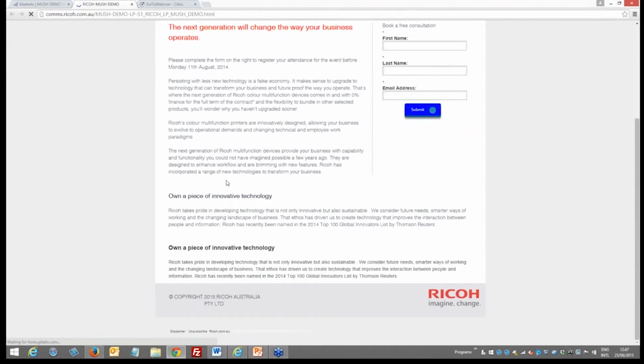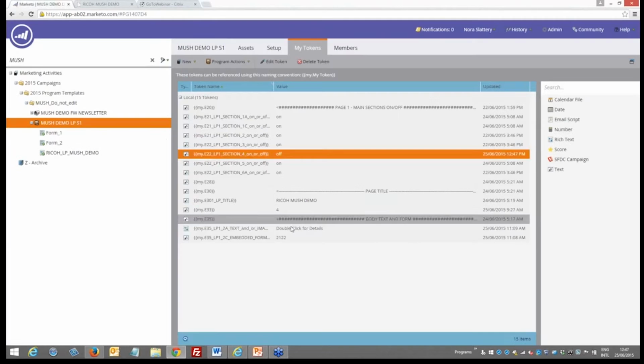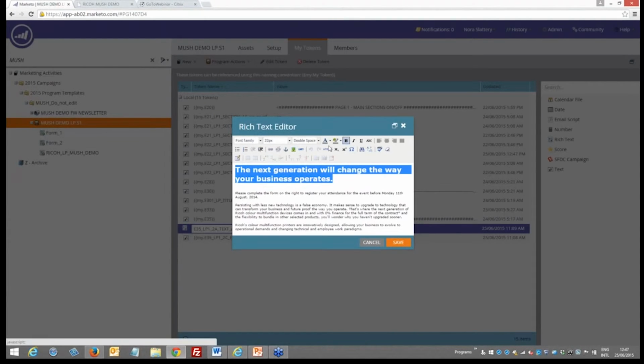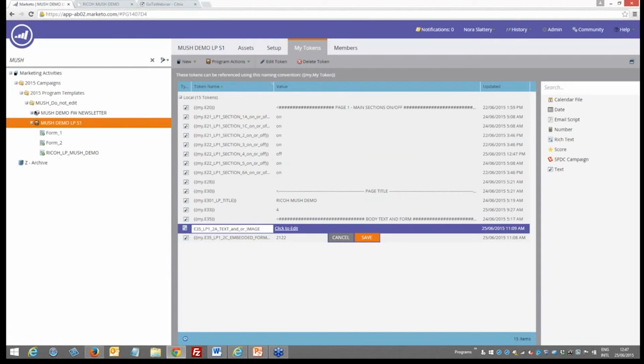I'm also able to go in and double click here and say, okay, I want it to be blue. Change the color to blue, click save and save again. When I refresh the page